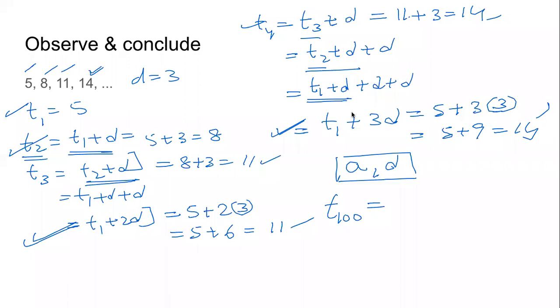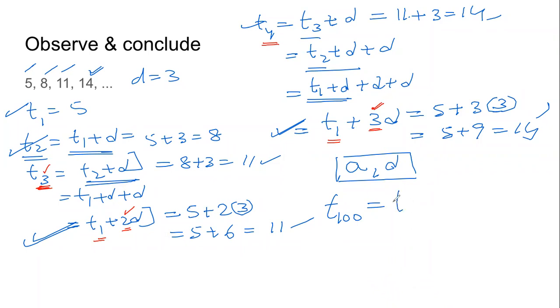Pay attention to the screen. See what has happened here. When we are finding T3, in the formula it is T1, and with D we are multiplying 2. Understand the relationship between 3 and 2. When we are trying to find T4, T1 remains as T1, but what we are multiplying with D is 3. Understand the relationship between 4 and 3. If you have understood, then the answer is clear.